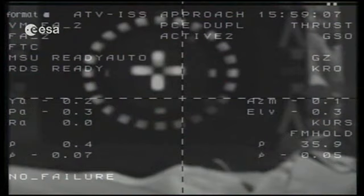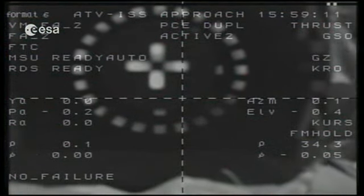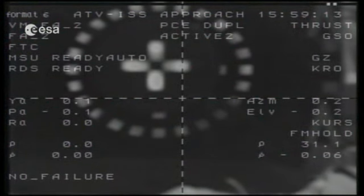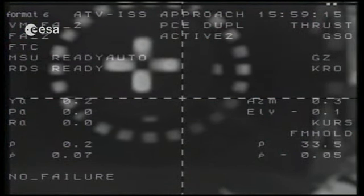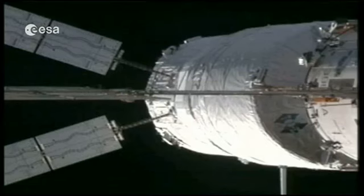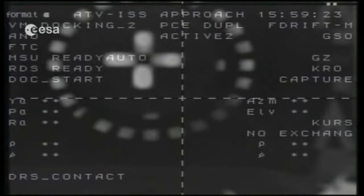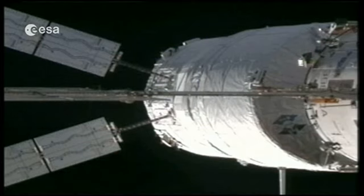Well, look at this. We're coming up less than a meter, so we are approaching the initial contact. And now we're no more speed. I think we can see that the target is moving a little bit, so we had a contact. We've had a contact. And we see the capture information on the right side of the screen. Yes, in the middle of the right side. So the ATV